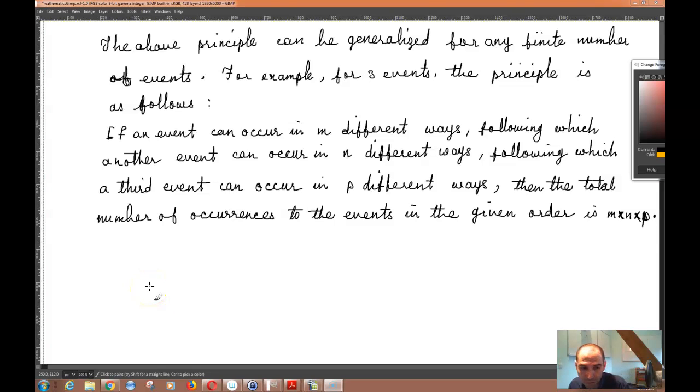Okay, so now continuing with the topic of basically choosing those school bags and tiffin boxes and that sort of thing. So in the first problem, the required number of ways of wearing a pair of pants and a shirt was the number of different ways of occurrence of the following events in succession. So we had basically